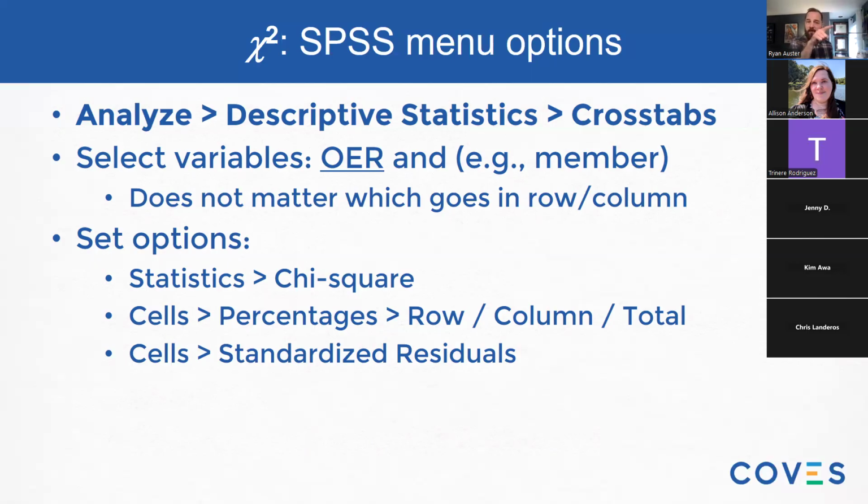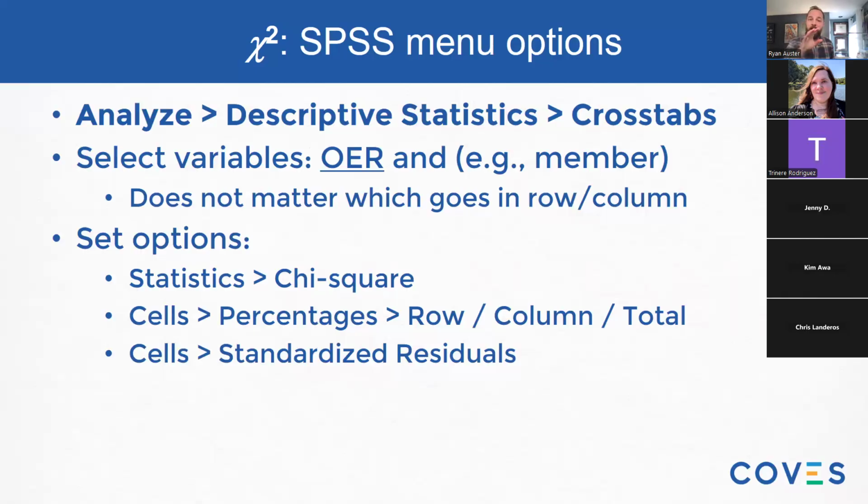You'd go to Analyze, you'd click Descriptive Statistics, you'd click Crosstabs, you'd select your variables into a row and a column, and it's going to produce a matrix, which I'll show you on the next slide. It is important for the chi-square testing that you specify in the crosstabs through the options that you want the chi-square statistic produced, and that you give yourself some percentages in the rows and columns and totals so you can kind of evaluate the highs and lows of the distribution. And assuming there's significance, which is not a given, you want to select standardized residuals just in case so you can fact check where a cell or two is influencing the overall results.